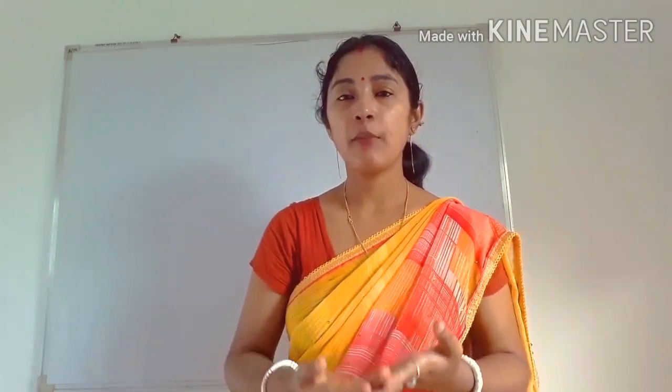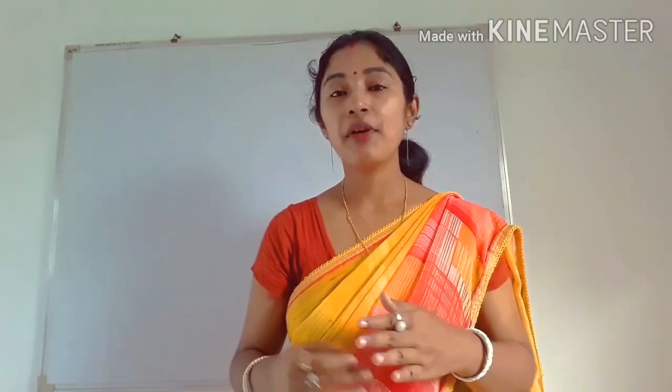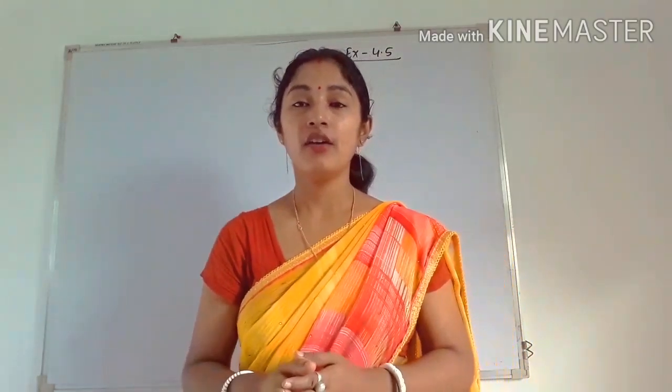Simply calculate the total number of pages in your book. Suppose you are reading an English book, and in the English book there are 100 pages. So for example, suppose you read 60 pages. What will be the fraction or rational number? We can represent it as 60 by 100, because out of 100 pages we have read 60 pages. Okay, that is very simple. Like that you can compare with your classmates also, how many pages they read.